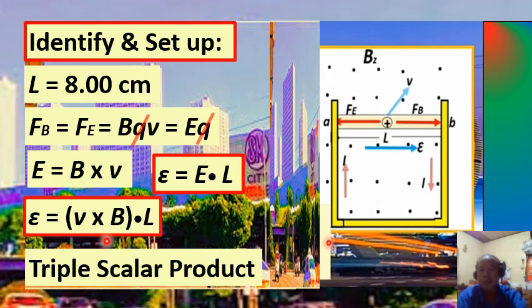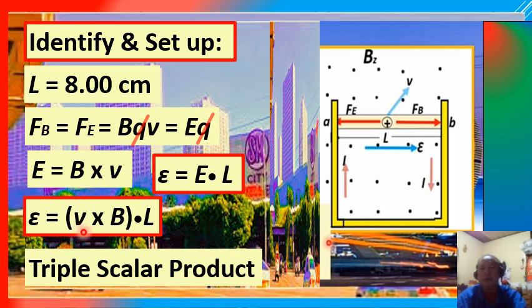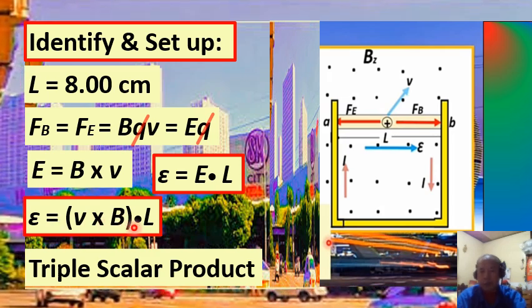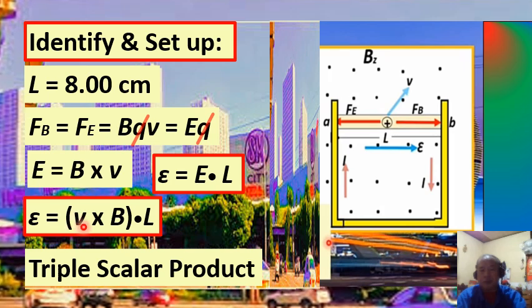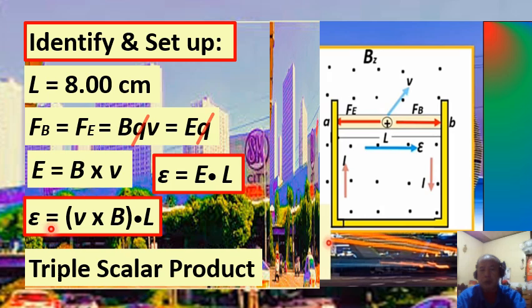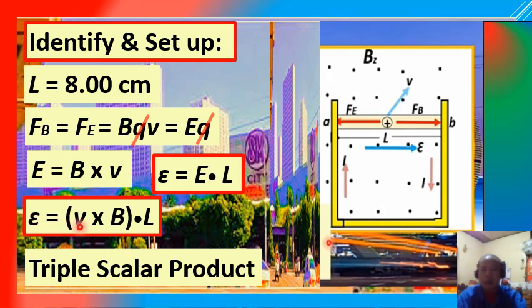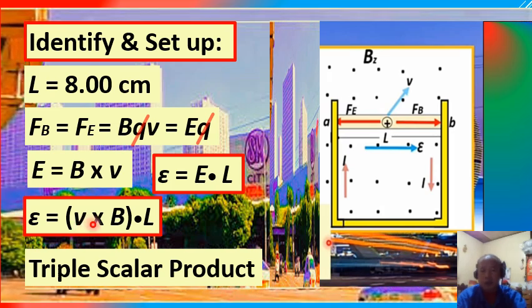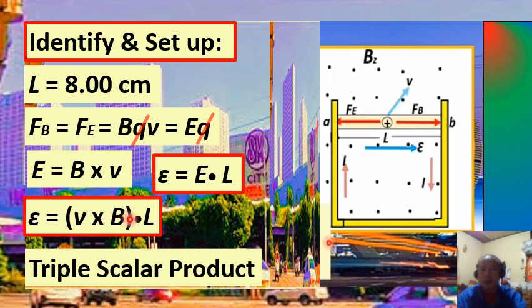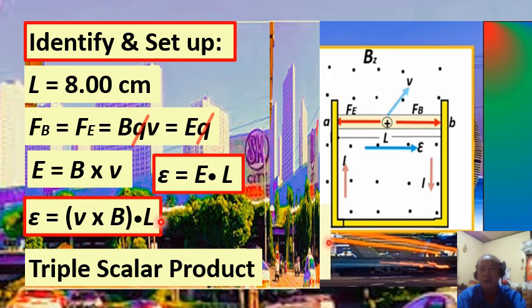And the cross product of the two other vectors, the velocity vector, small v, and the magnetic field vector, capital B. And the complete expression or equation for the motional electromotive force, epsilon, is given here, right? It is equal to the quantity small v cross multiplied by capital B, and then their cross product is dot multiplied to the length, capital L,